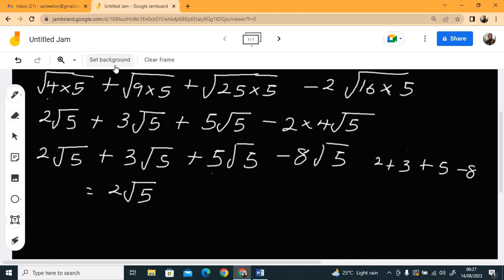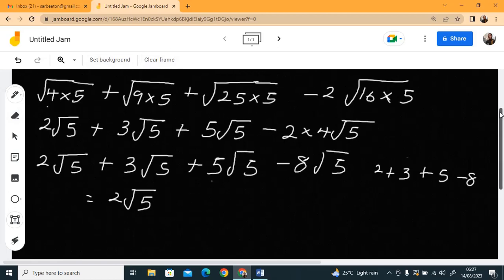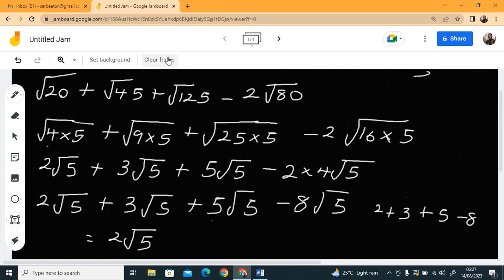So let's look at another one. Let me clear this, so you can put this down in your notes and try to solve it again. Let's look at another. There's another one I want us to look at here. Let's assume we are given something like this. They gave you 3 root 2 minus root 32 plus root 50